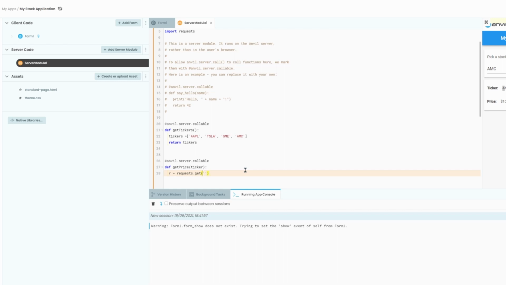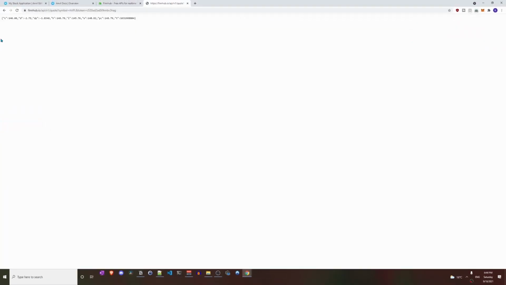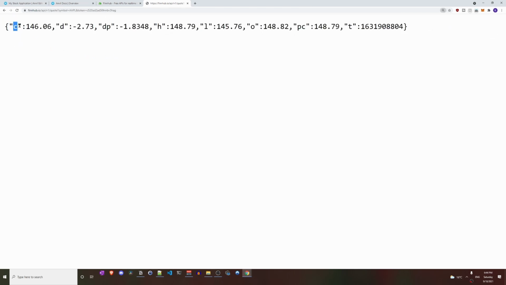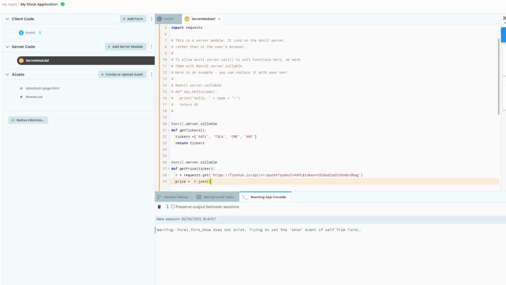and then we'll put in our URL. And then we'll say price equals r.json. And the value of the JSON was this c option. I'll make this a little larger here. You can see price is referenced as c. I think that just means current. So we'll go back here